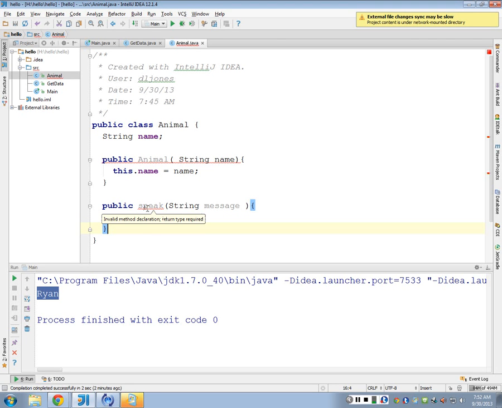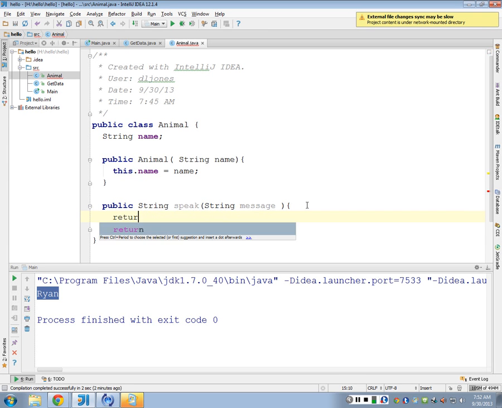Notice that it says I have an invalid method declaration, return type required. It depends on how you write this. I'm not going to use prints or puts inside of my classes. I prefer not to do that. So what would this speak return? A string. So I need to tell it, just like in C#, what type of value is going to be returned from this method. All right, so then I'm going to say return